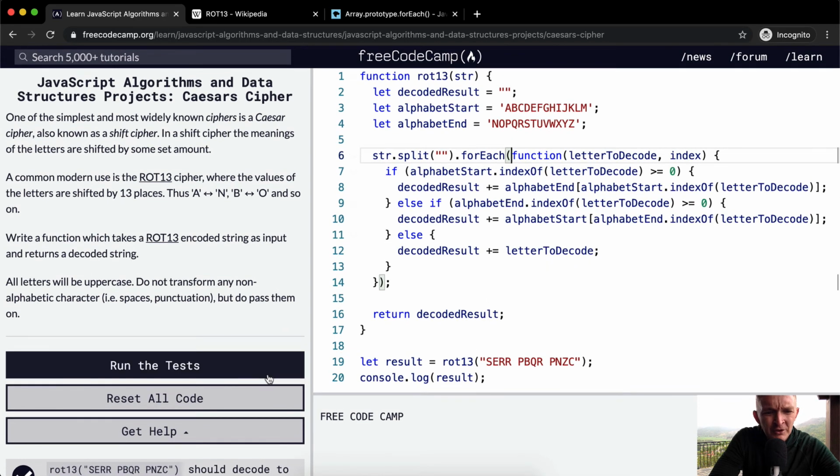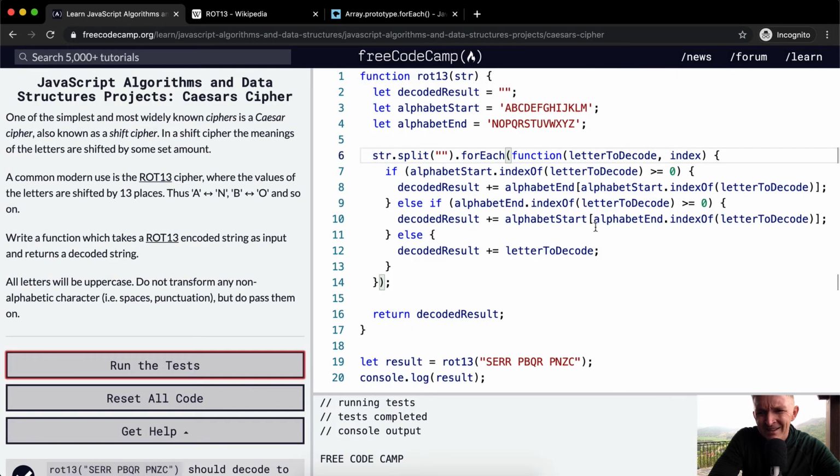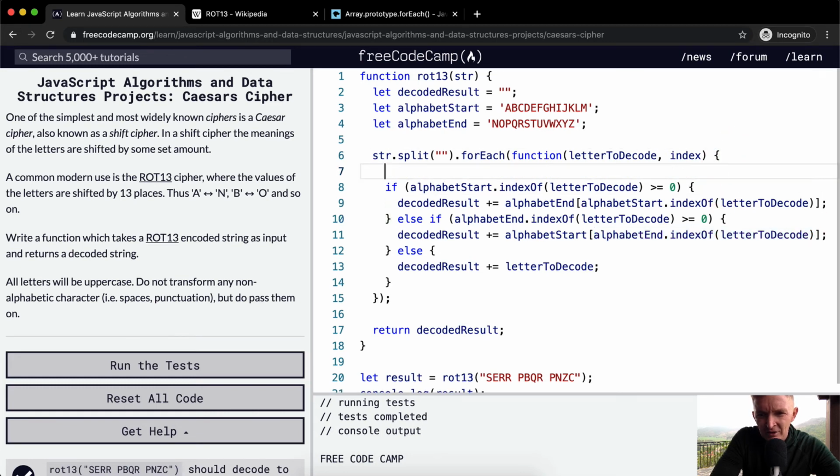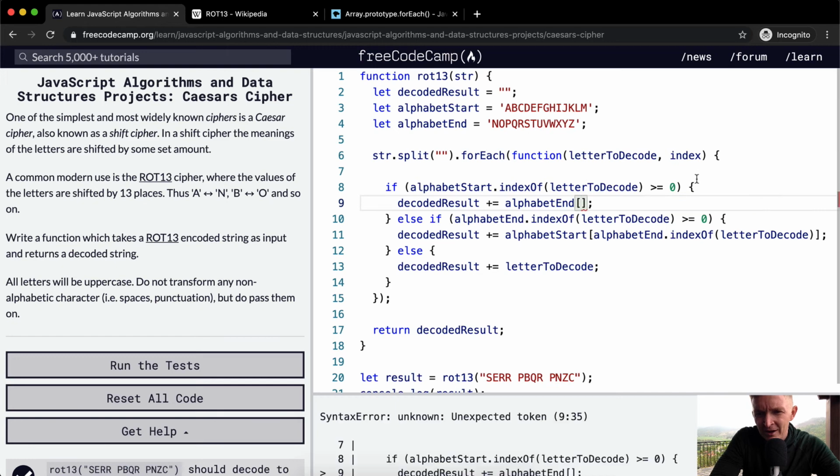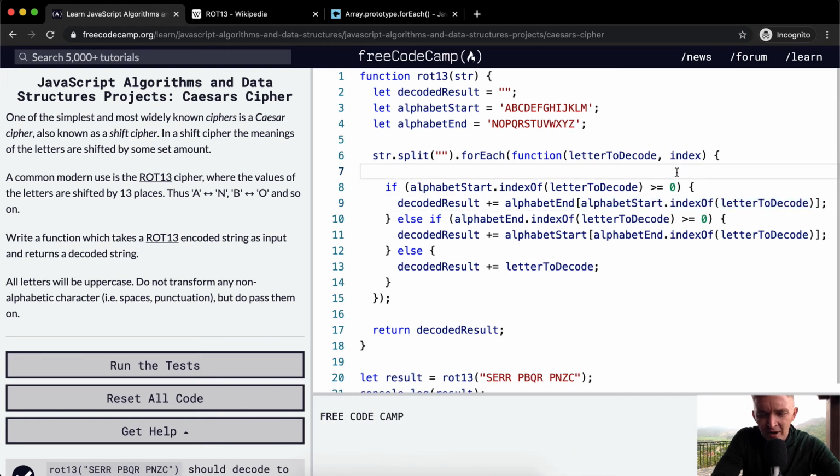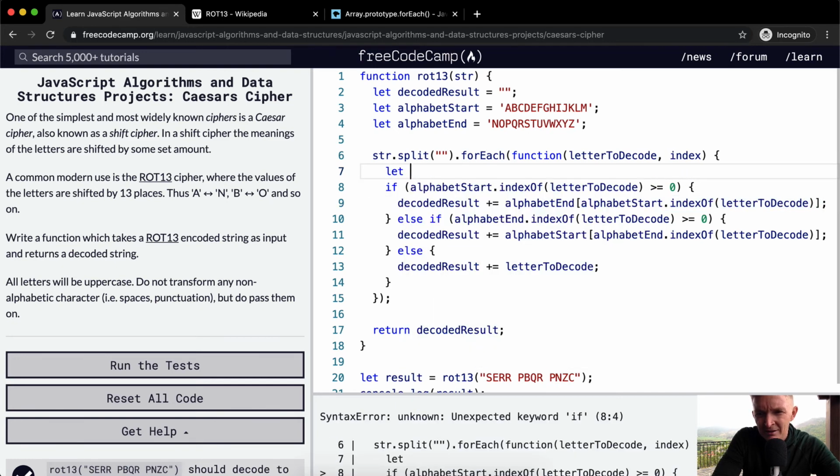I think that pretty much, it passes all the results right now, and I mean, it looks relatively cool. One thing that kind of bothers me is this index situation, right? Like, do we need this index? We could extract this. Instead of writing this twice here, we've got alphabet start dot index of letter to decode, alphabet start. This is the same thing, right? So we could call this like, we could extract this. I just copied it. I'm going to call let the